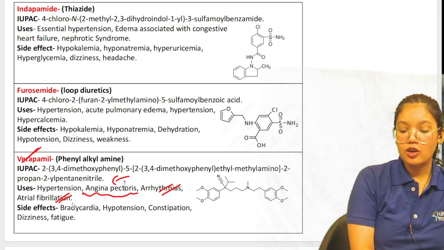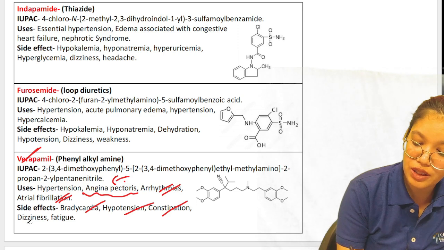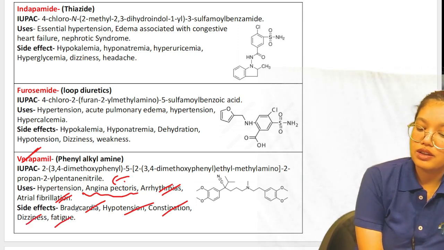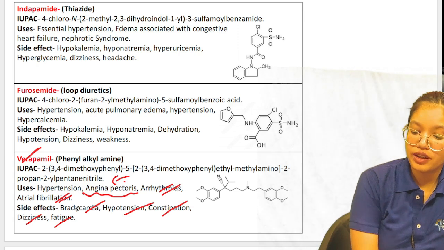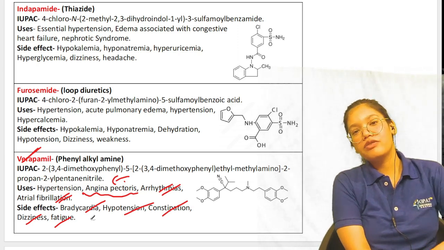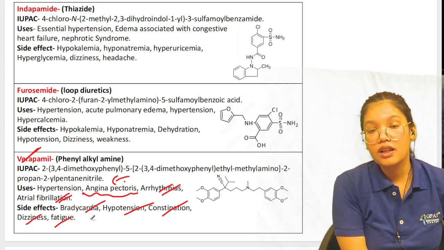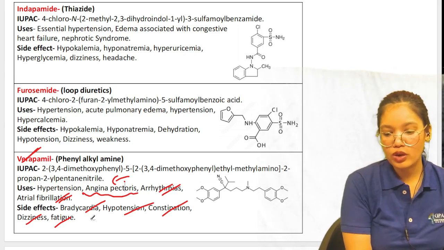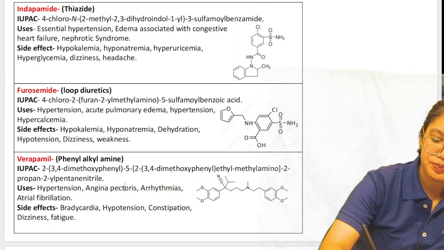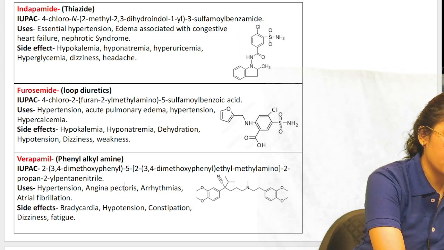Side effects now: bradycardia, hypotension, constipation, dizziness, fatigue, and one more side effect that is not mentioned here, I forgot to mention, that is the peripheral edema. Now, this peripheral edema is a very common side effect that we face with the calcium channel blockers. Okay, so peripheral edema can also be caused as a side effect here. Then, next drug we have here is